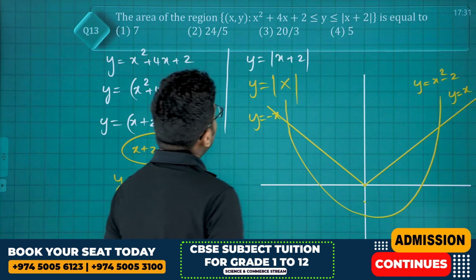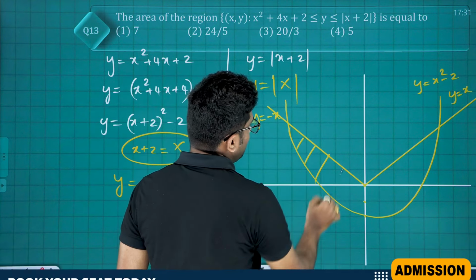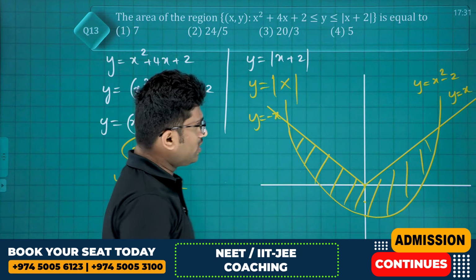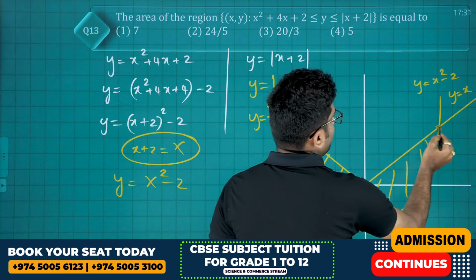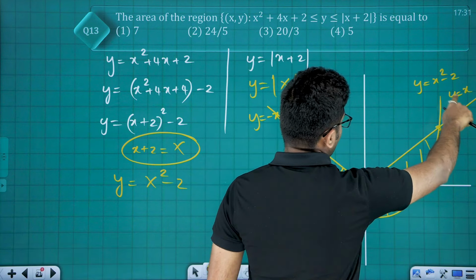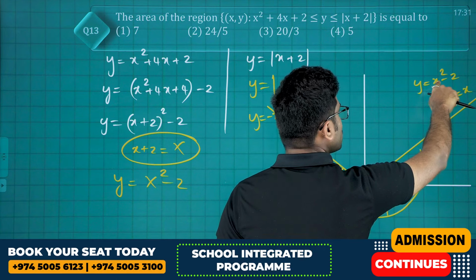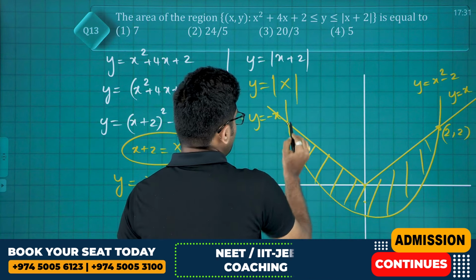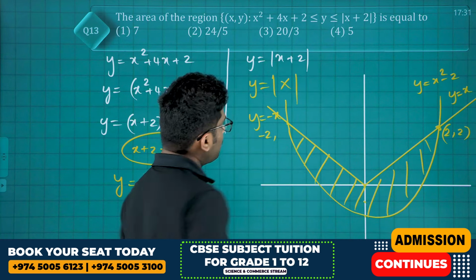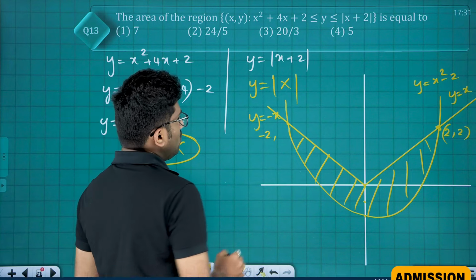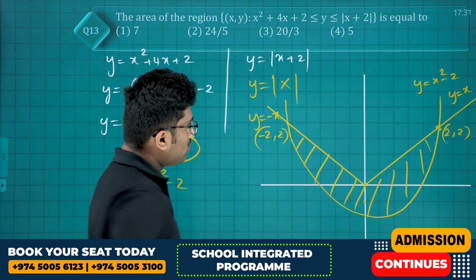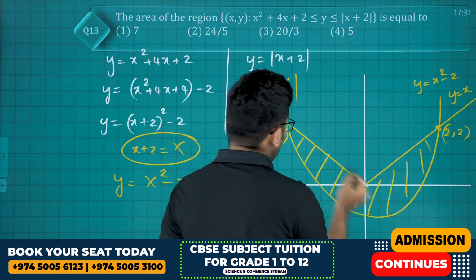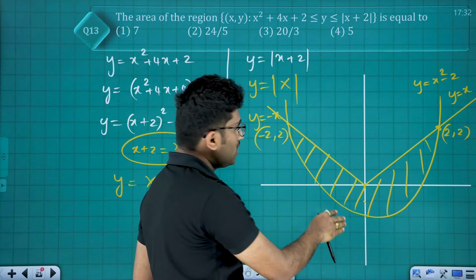Okay. So now the area of the region, that means this is the region that we are supposed to find. For that, it's simple. This particular point, if we put X equals 2, square is 4 minus 2. So this point is clearly (2, 2). Clearly this will be X equals minus 2, and y will again be 2. So integrating from minus 2 to 0, line minus parabola,